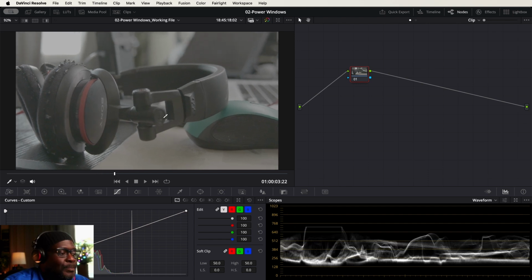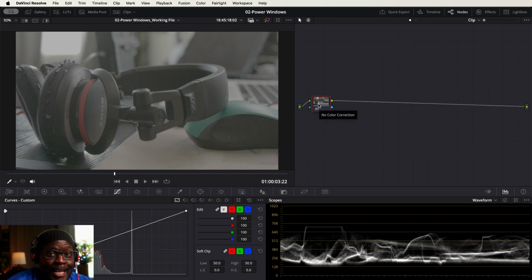All right, so that being the case, the very first thing I always do is go in and label my nodes. I'm going to set this node tree up for this particular image based on what I want to do. Now we could use a shortcut, but you already know,